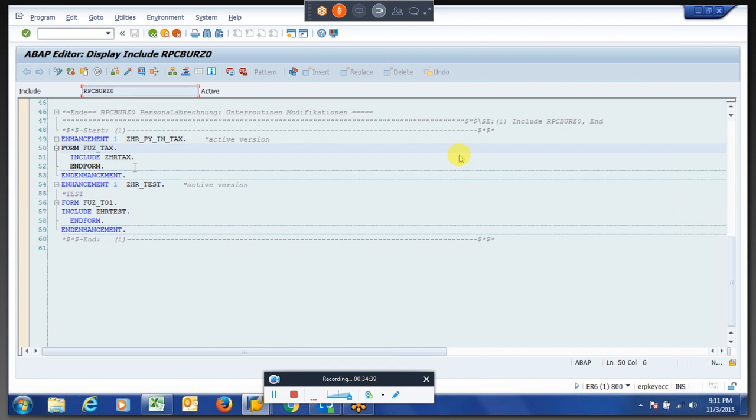Let us say you make a mistake within the server, within the 800 client. I don't think it is client specific, but if you do something wrong in any of the clients within this server, the payroll will run. So that is the risk factor when you are modifying these things. If you are familiar with ABAP, or if you know the basics of ABAP, how to start and how to end, you can go through this.